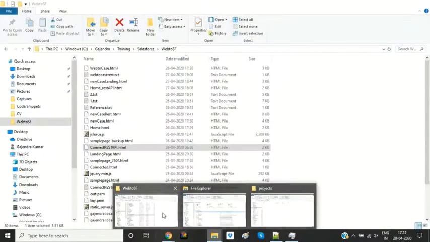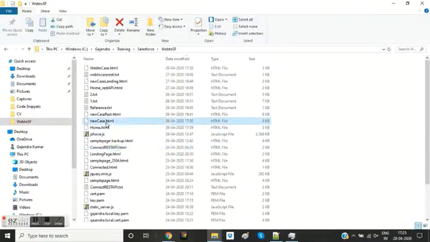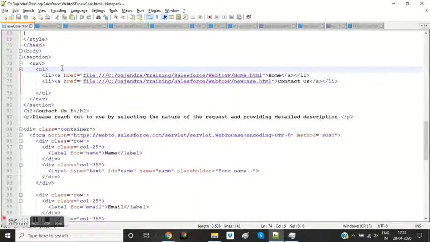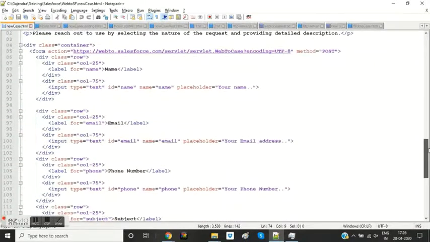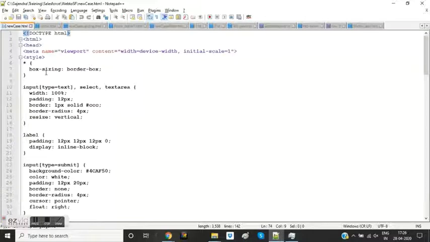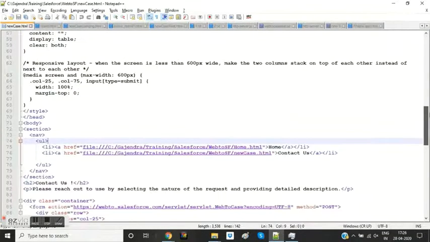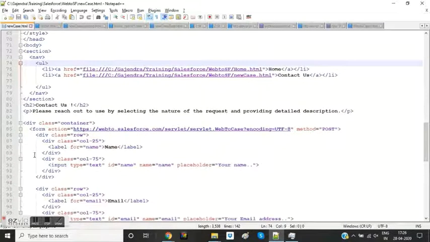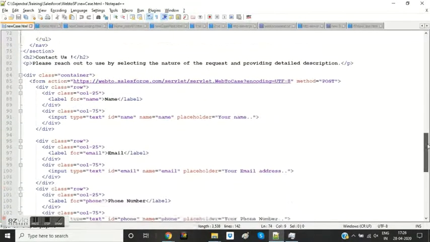I have already created a page with some style elements. This is the new case HTML page. I provided style attributes to this page apart from some div tags, also color and custom classes.